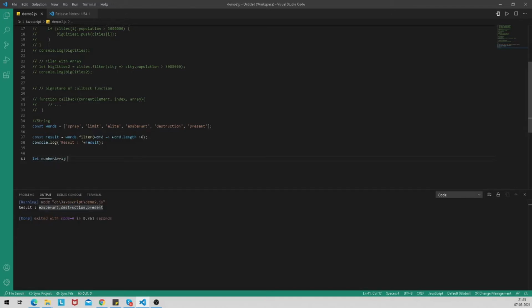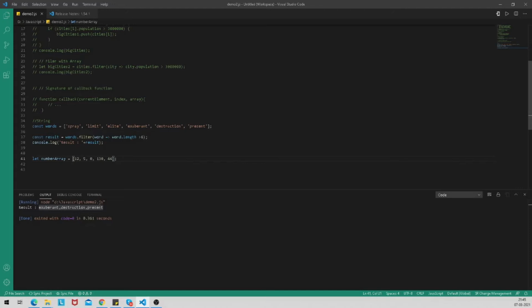While writing any code, you should always follow the standards recommended by JavaScript, like defining variables with camel case. So I have defined one array. That's an integer array, you can see over here. And now I will explain how the callback function works with this example. So now we want to use the callback function. Suppose we have to filter this array